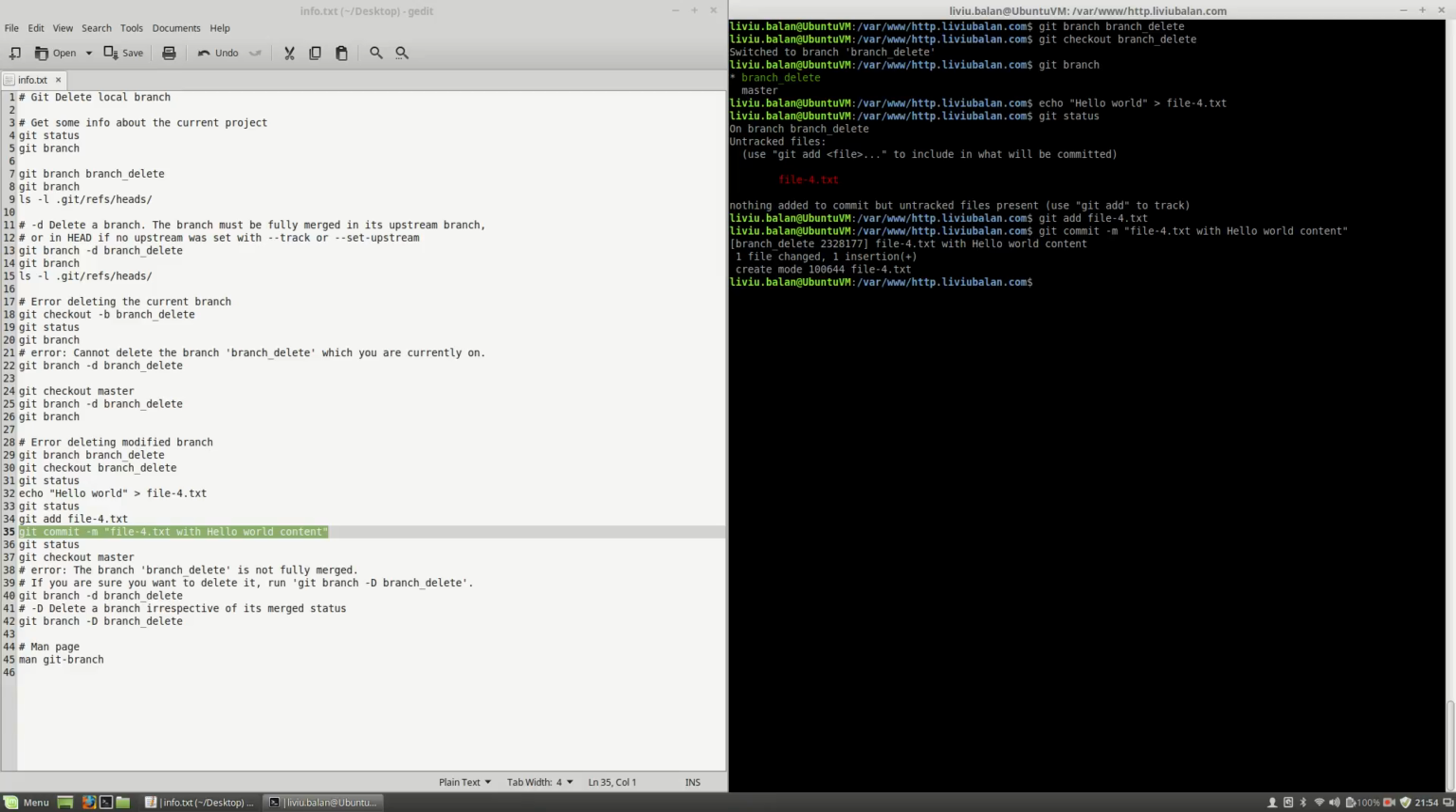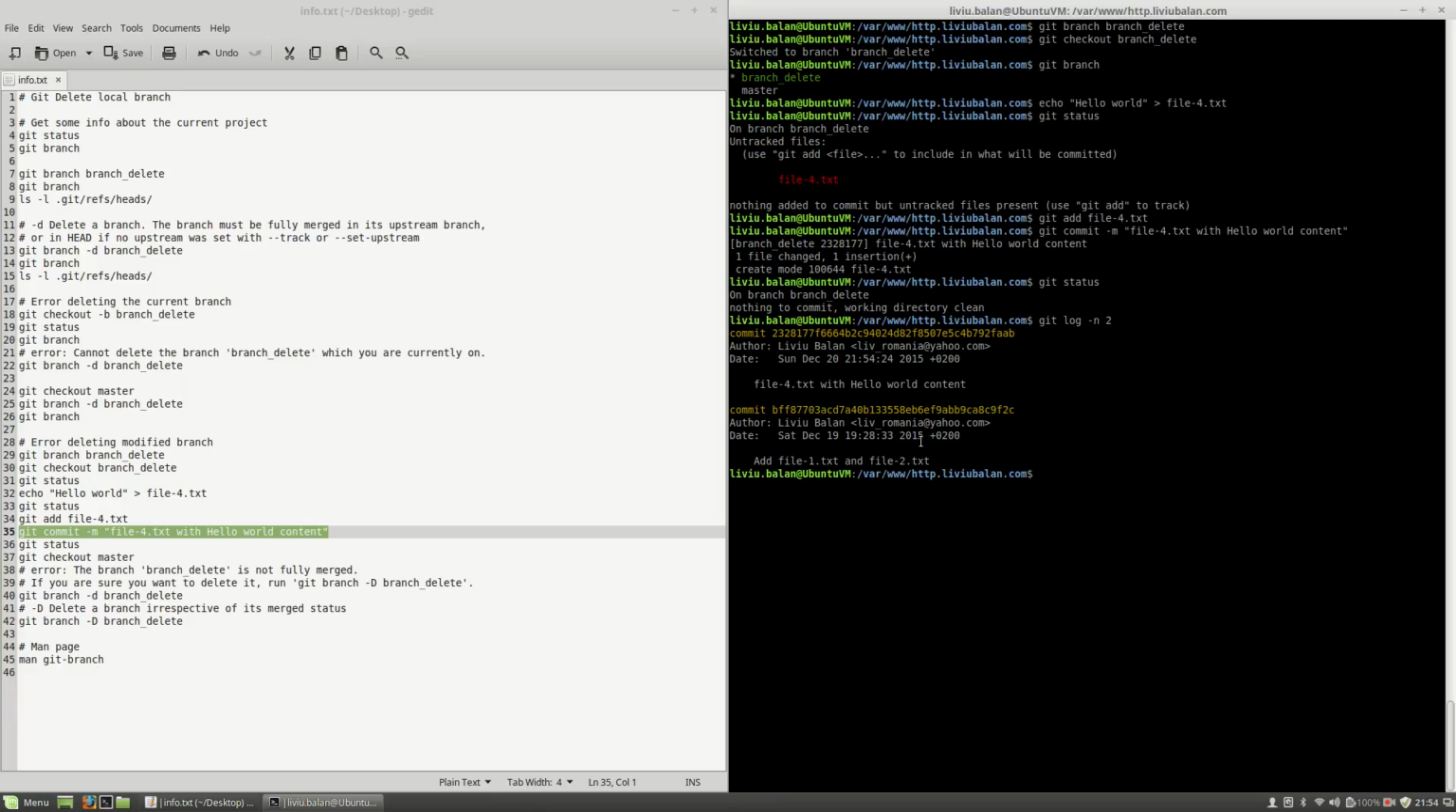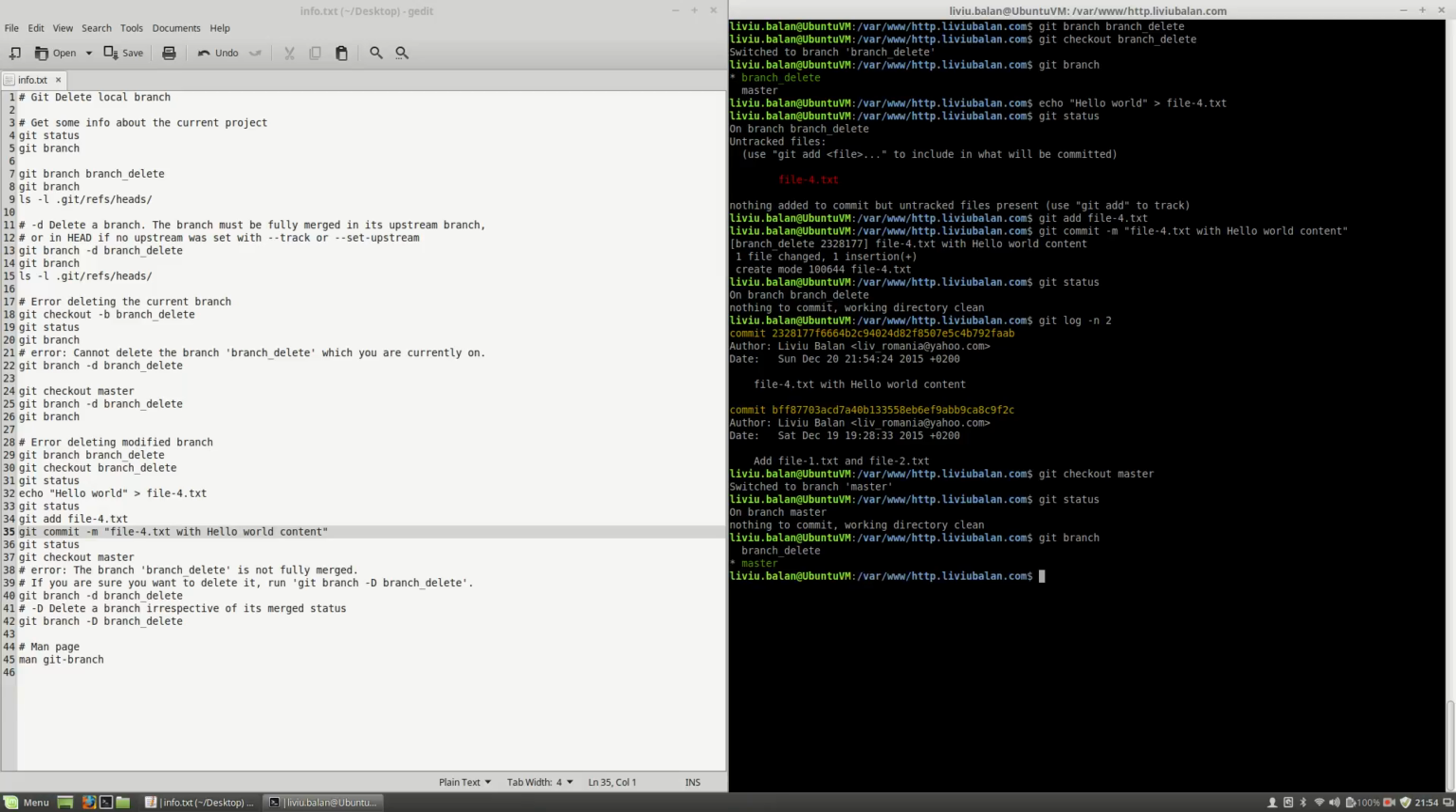Hit the enter key, and if I use git status, you will see that I'm on the master branch. And if I use git log -n2, you will see that the new commit message was created with the previous message that I provided earlier. Okay, now I will switch to the master branch, use git status to see that everything is okay, and if I use git branch to show you that I have the master branch where I am now and the branch delete here,